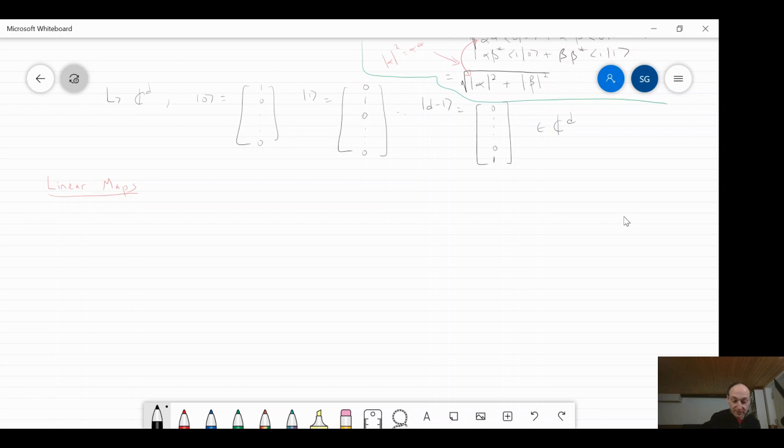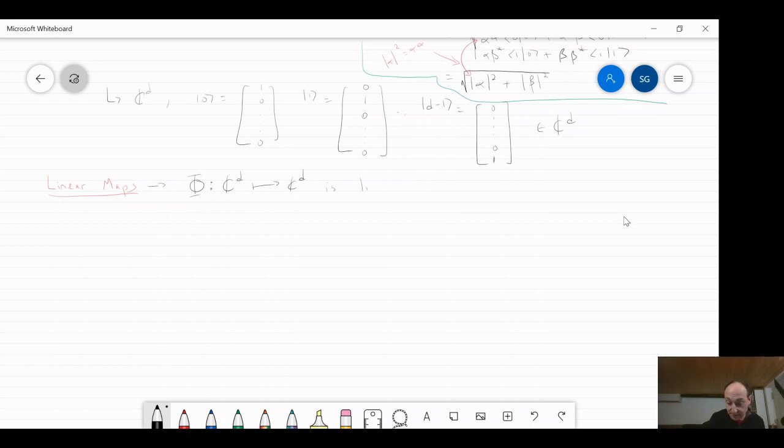What does this mean? This is the definition of a linear map you should remember throughout this course. This property will come in useful multiple times, and we'll even use it to represent maps that don't look like maps on vectors. They can always be rephrased that way. Linear will always mean the same property I'm about to write down. If I have a map phi that takes you from one space to another, for concreteness I'm assuming you're going from CD to CD, but the input and output spaces don't have to match.